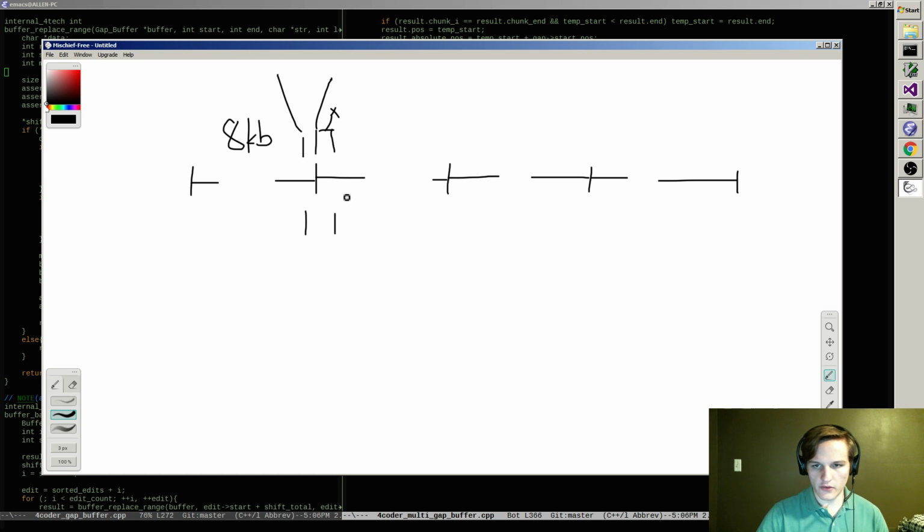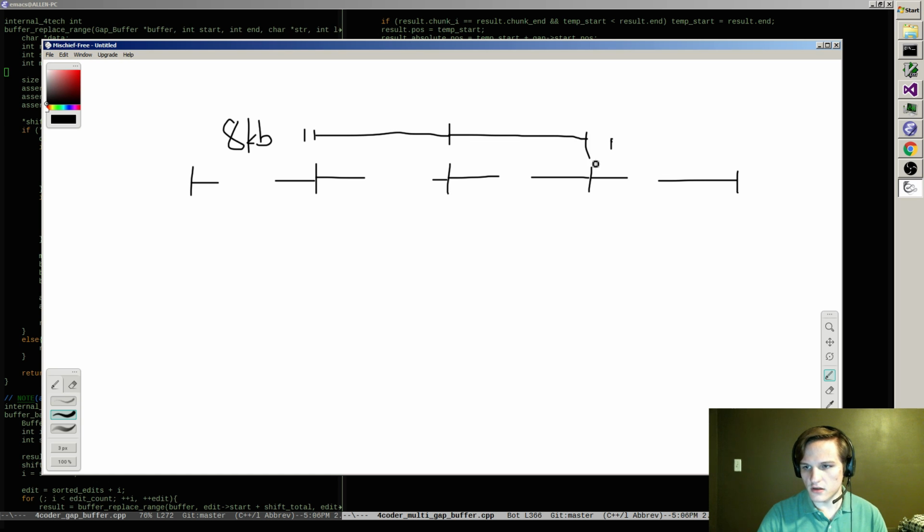So that seems fine. And if I have to do a big replace like that, then the same thing applies. It's just this one edit here where you actually put the text in there. So this chunk, you'd say delete the whole thing. This chunk, you'd say delete the whole thing. And this chunk you delete the